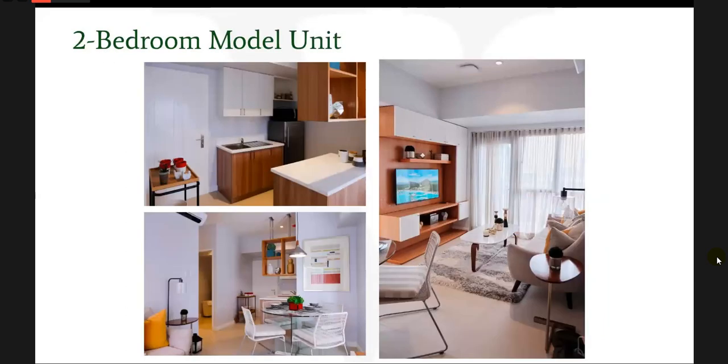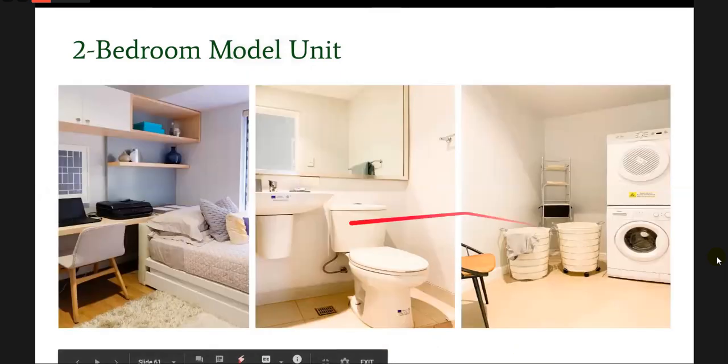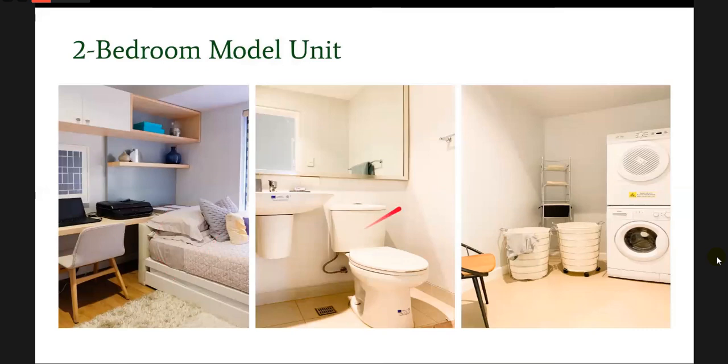So this is our actual photos of the model unit that we have, which is also a 2-bedroom unit. We have the Vantage Gallery just across the Vantage site mismo. There used to be UCC on the topmost floor, but then here we also have our showroom. Yeah. So this is the bedroom, and then this will be the toilet and bath. Ayan. And then this is the second bedroom, another